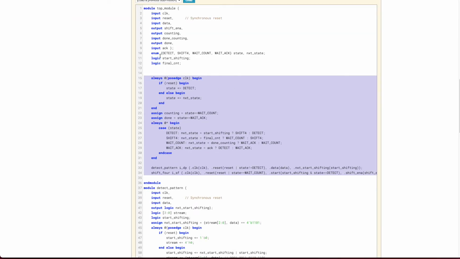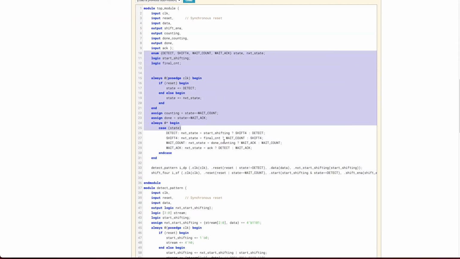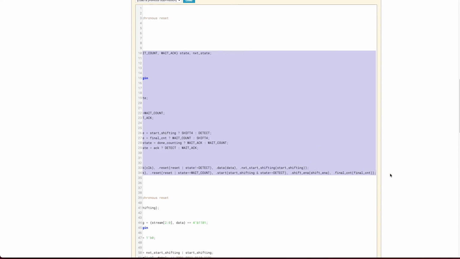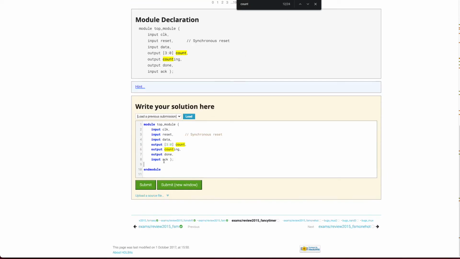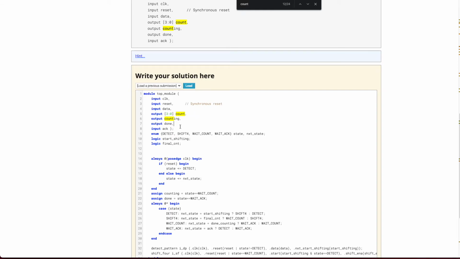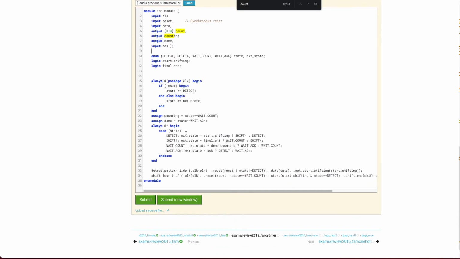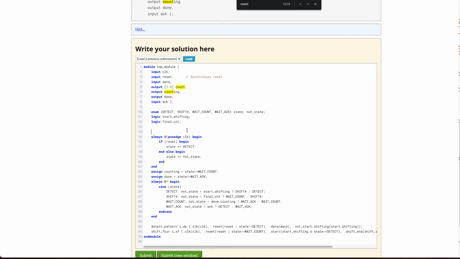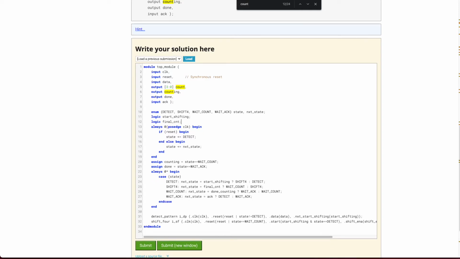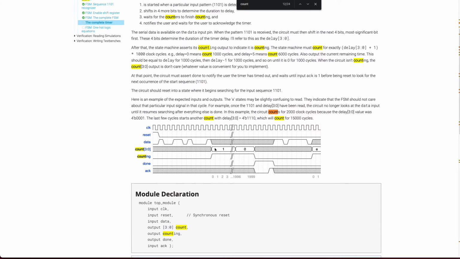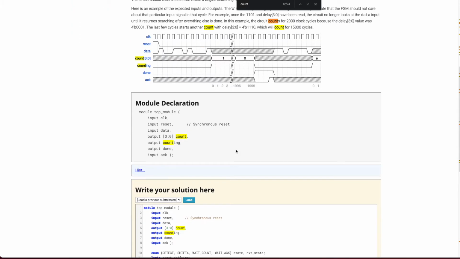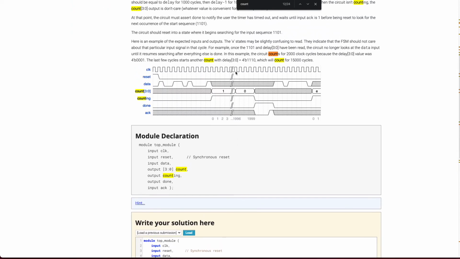Because these series problems, I don't necessarily want to spread it across 2 days, because if you refresh, all the code is gone, basically. That's the issue. So I still need to detect it, I still need to shift something in for 4 cycles, and then I still need to